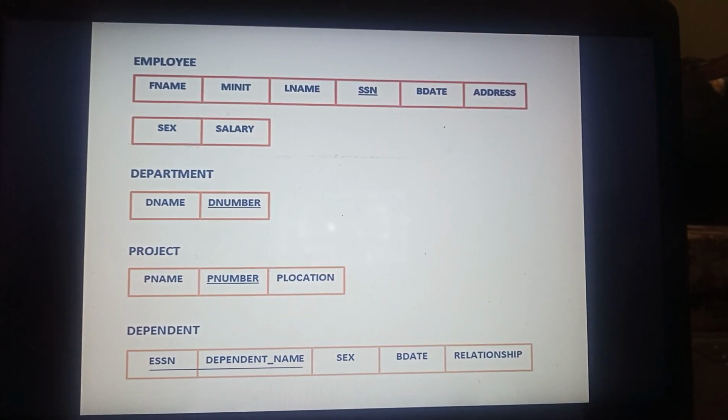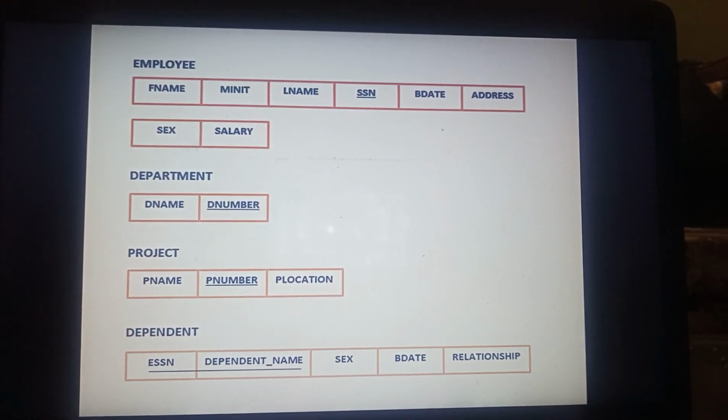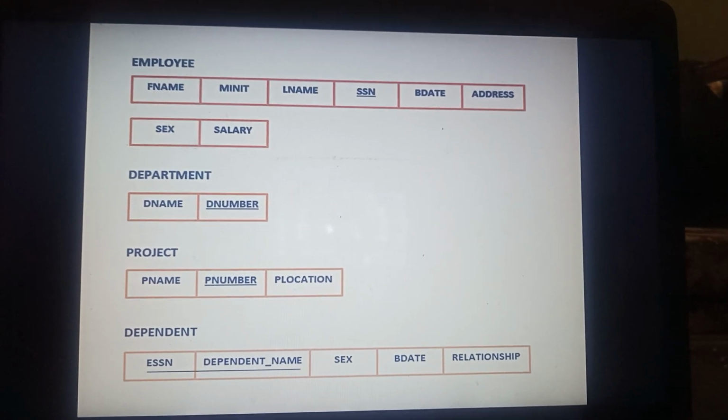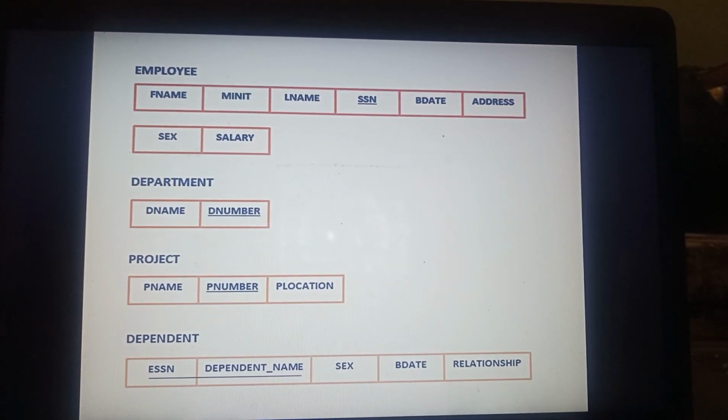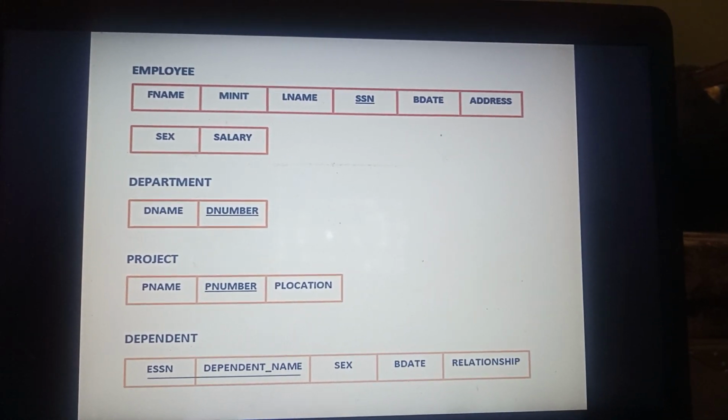So now in the dependent table we have ESSN and dependent name, both of them as composite key, they will act as a primary key.